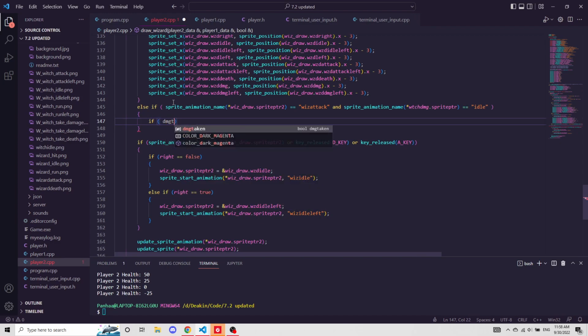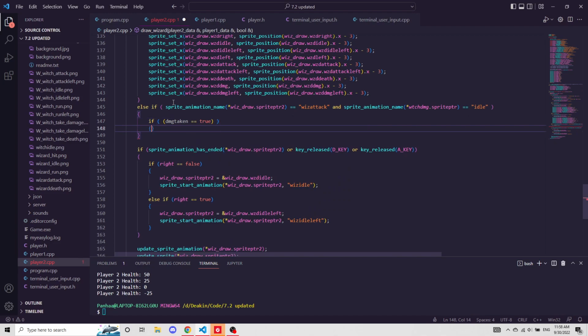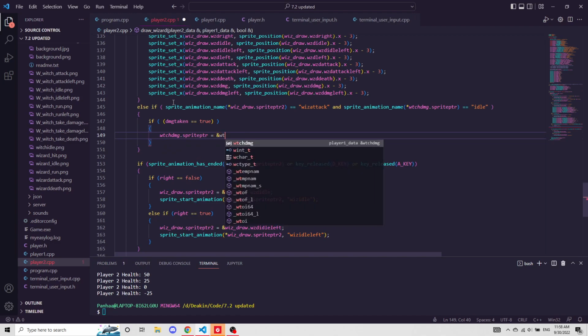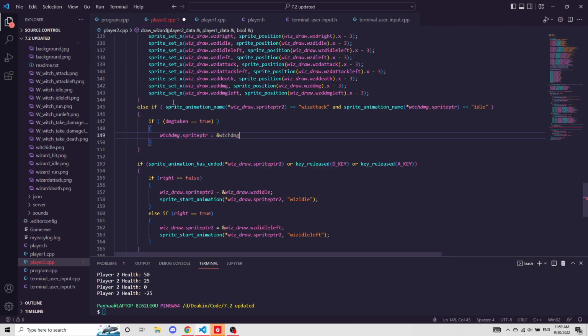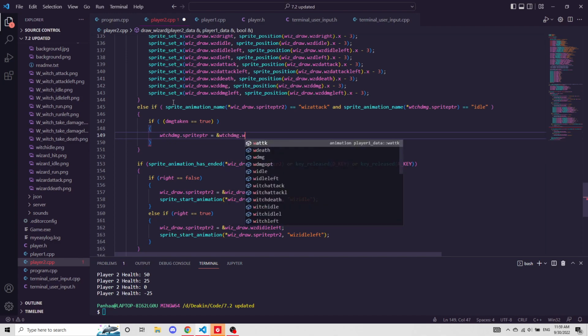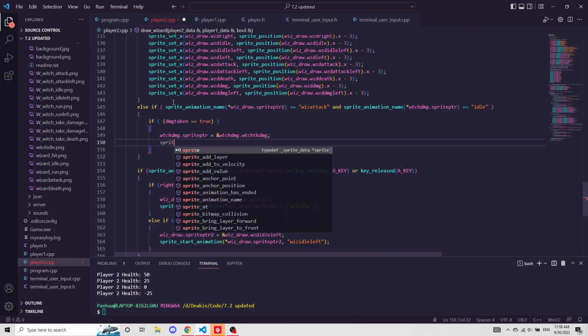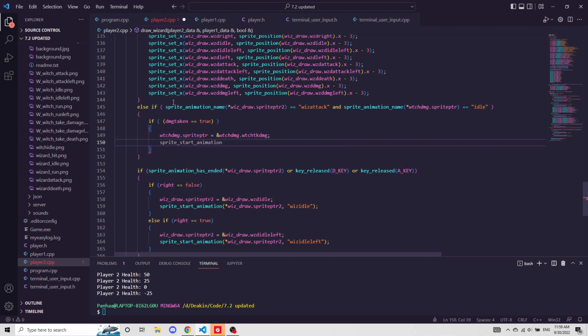If damage taken equal to true, which damage dot sprite pointer I want this to be equal to which take damage. There you go. And then sprite start animation,